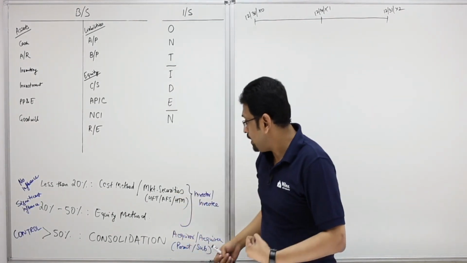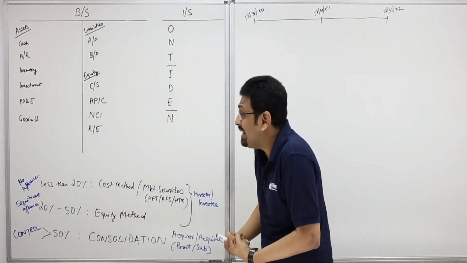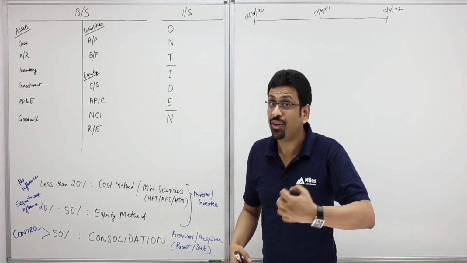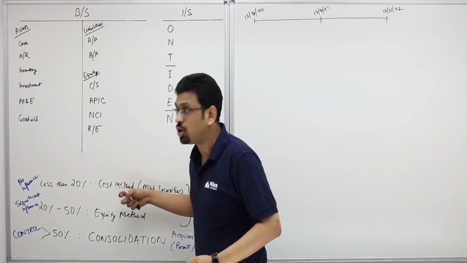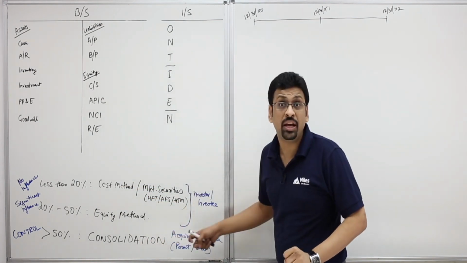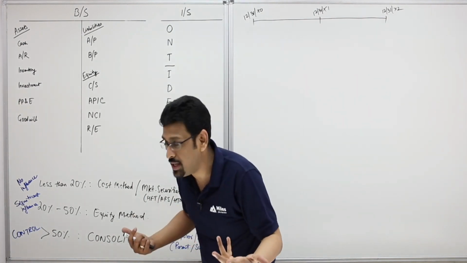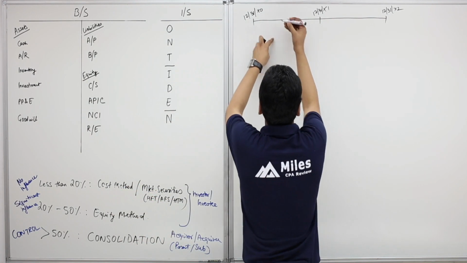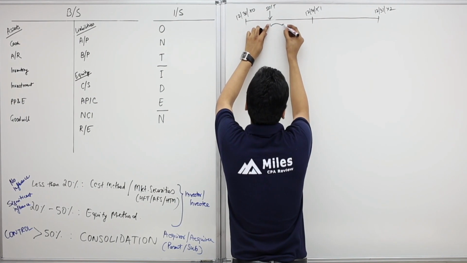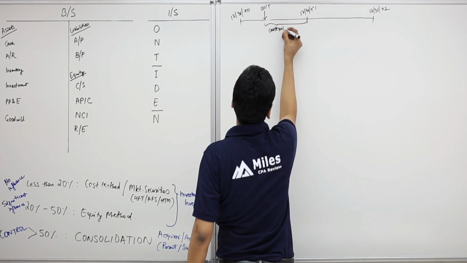Now, when the parent acquires over 50% stake in the subsidiary, such that the parent has control over the subsidiary, during the year they're going to account for this investment using the cost or the equity method. So guys, though the parent has control over the subsidiary, during the year in their books they're going to account for this as an investment using the cost or the equity method. So let's say the acquisition happens at this point. The parent owns more than 50%. During the year, it's going to be cost or equity method